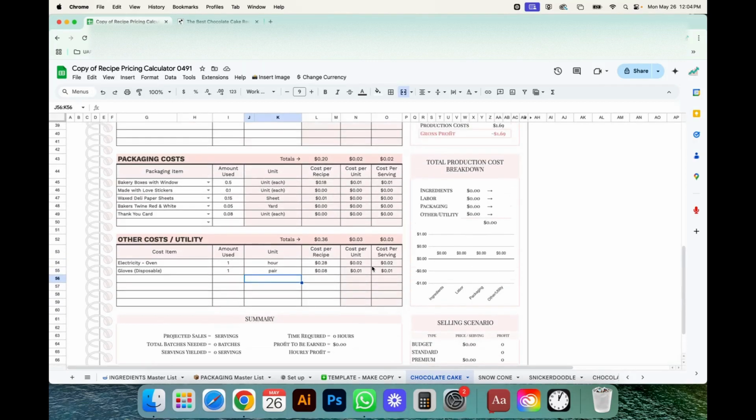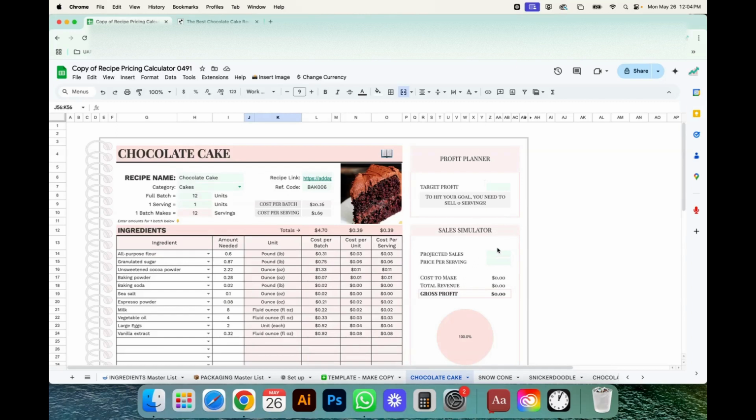And then next, you are going to enter your projected sales and your price per serving. So first, if you don't know how many sales you need, you have a profit planner up here to help you calculate how much money you want to make, and that will give you how many sales. Or if you know that normally you make 200 sales, you sell 200 slices of cake, then you can enter